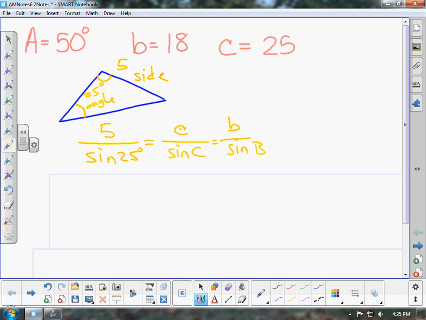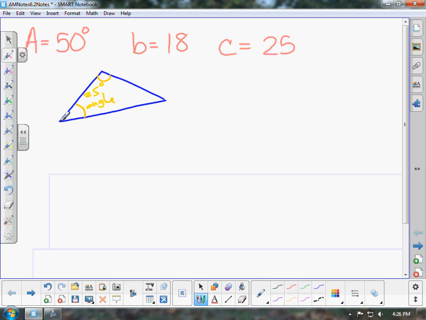And if you know one more of these parts, then you can just multiply diagonally, divide by one of them, and take the inverse sine, or just get the answer. And you can find all of the different parts of that triangle by using the law of sines. But again, you need to have an angle and a side opposite it. Well, now if we look at this example